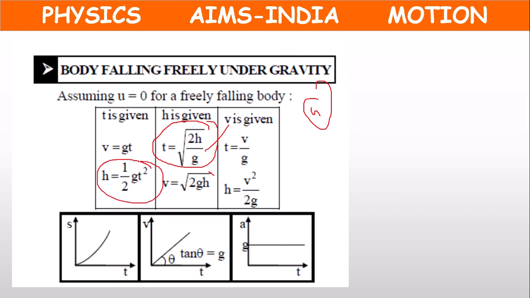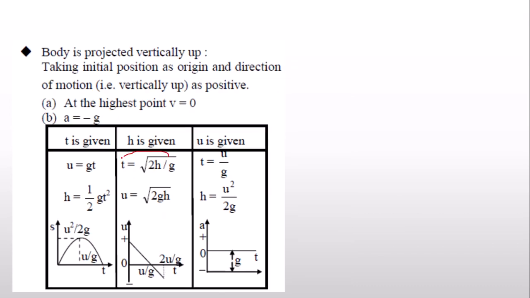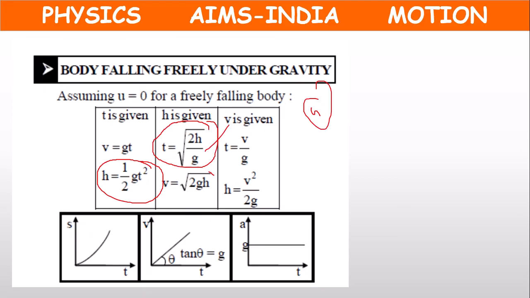H equal to half gt square. Okay, these two only. In these two equations there will be no change, and the remaining four equations will be the same, but instead of v,